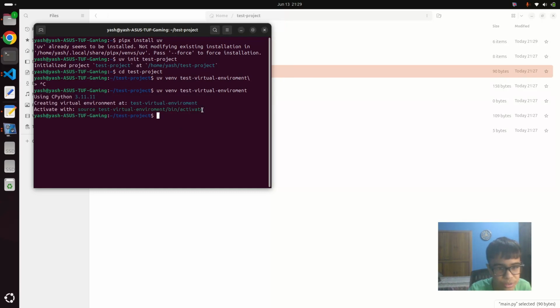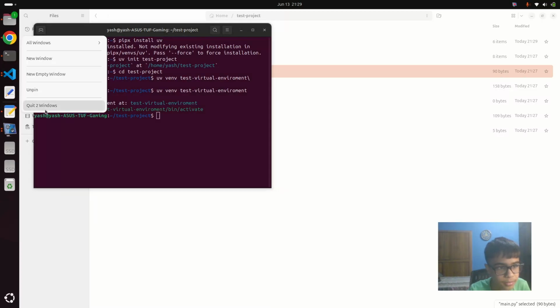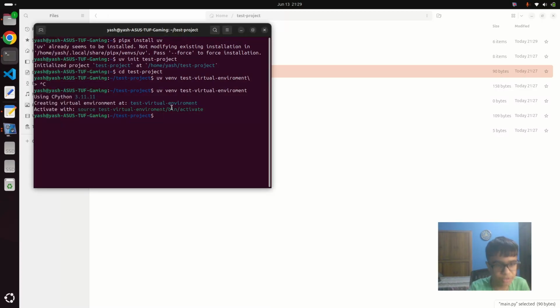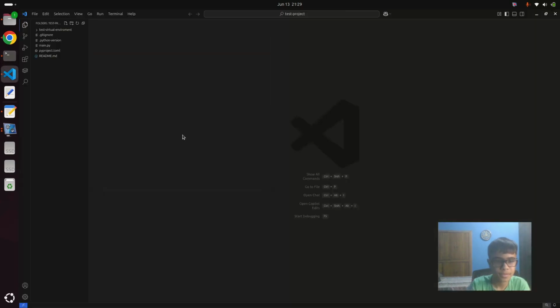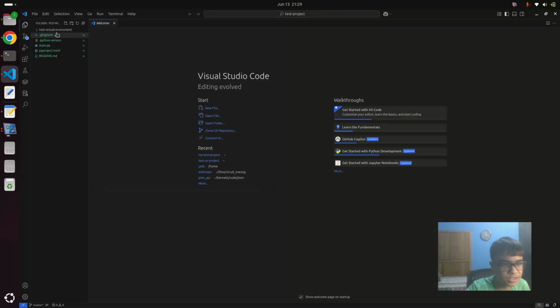Now let me go into the virtual environment and show you in VS Code. First I'll activate the virtual environment using the command which it has given. Now let me go into VS Code. So see, VS Code has opened.